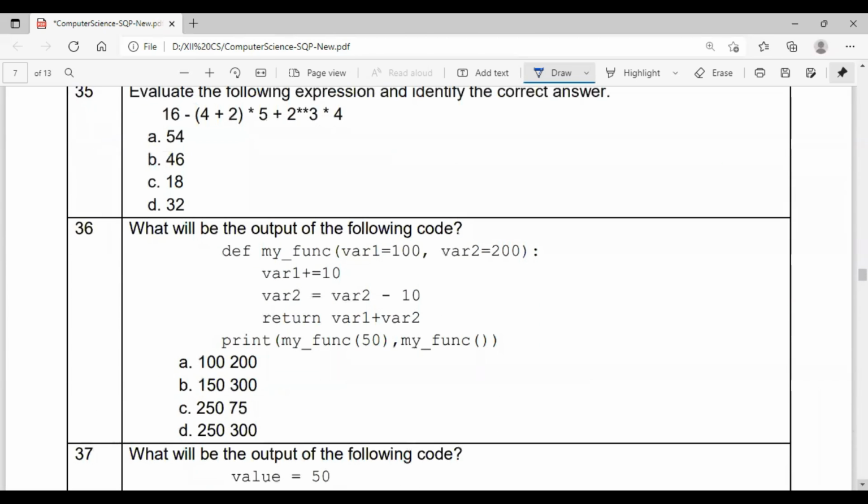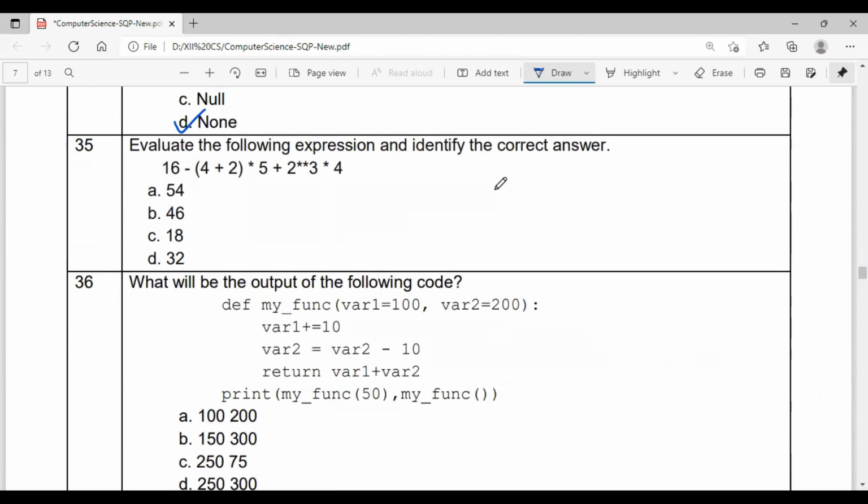Now evaluate the following expression and identify the correct answer. We know the BODMAS rule.